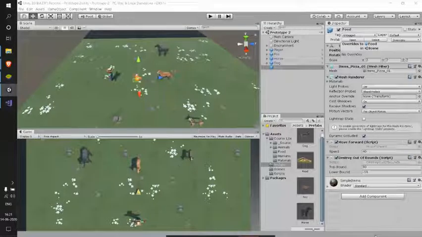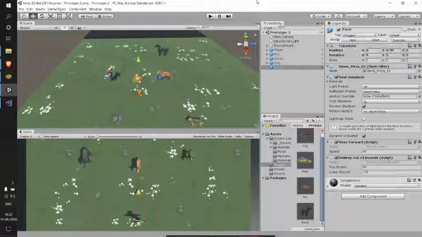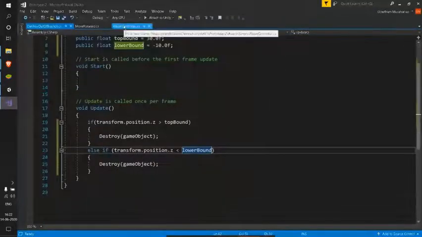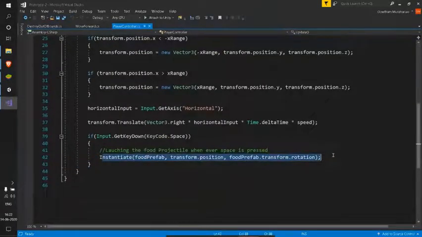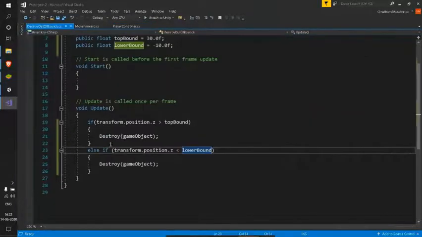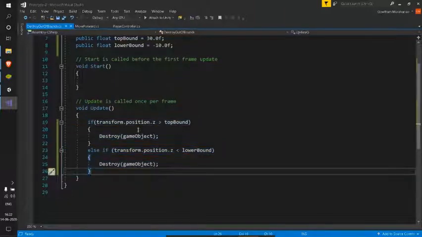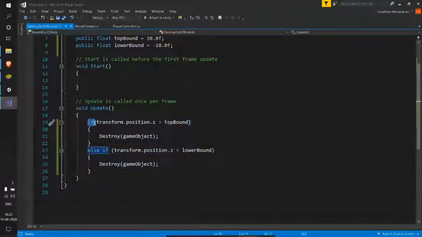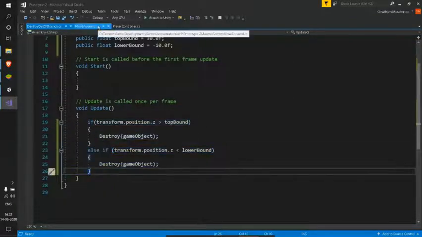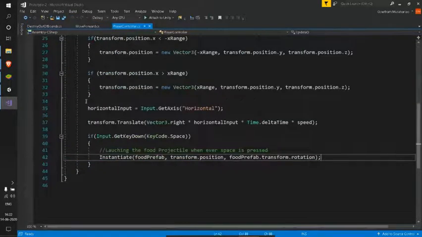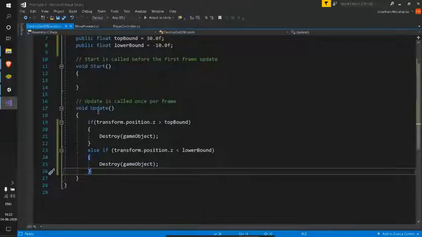And next, we tested if a particular key is pressed. In our case, it's the space key. We instantiated our objects; in our player control, we instantiated our food object, creating a clone of it whenever space is pressed. We also destroyed our game objects when they are out of bounds. We came to know different programming constructs like the if statement and else if statements, because of which we have our cool logic here in our player controller and our destroy out of bounds also.